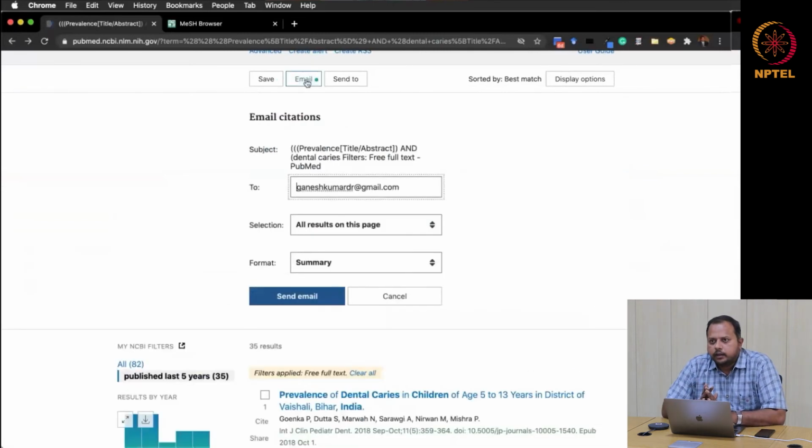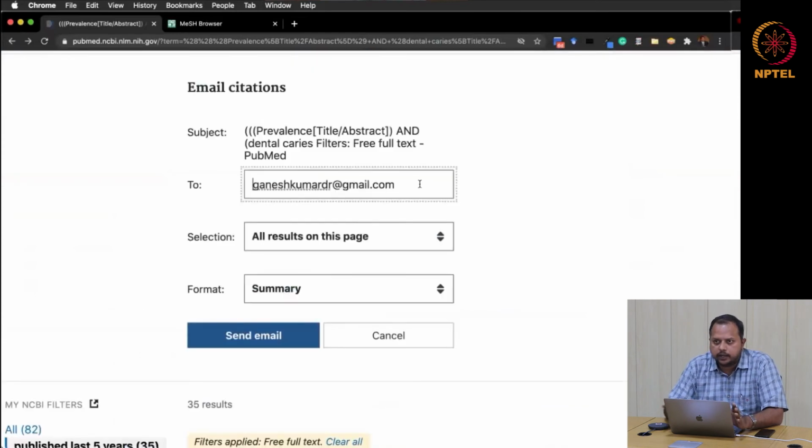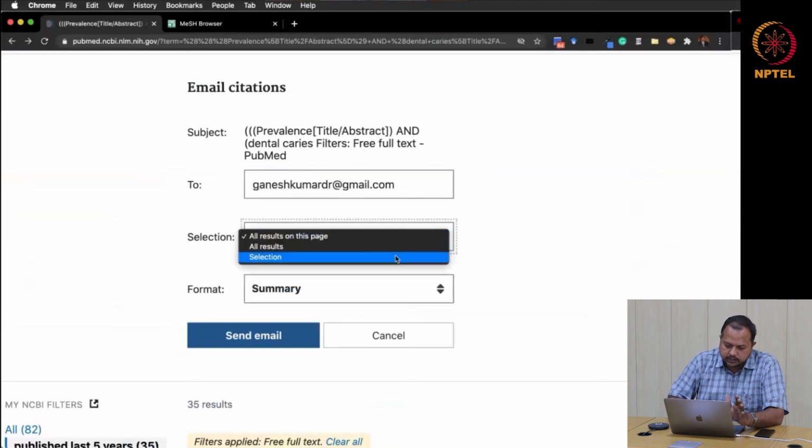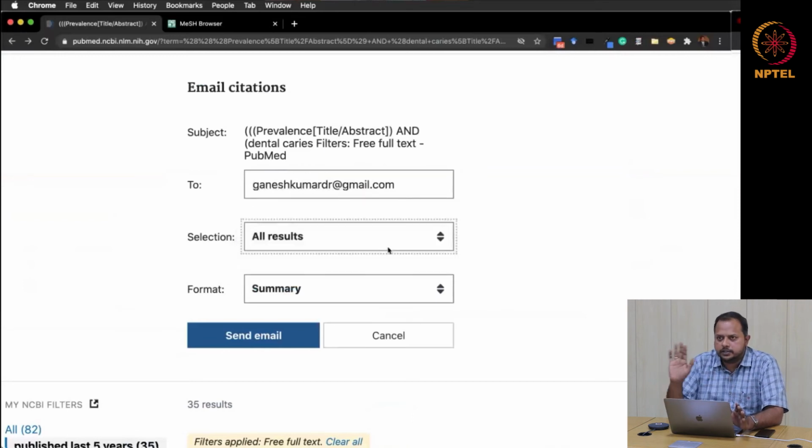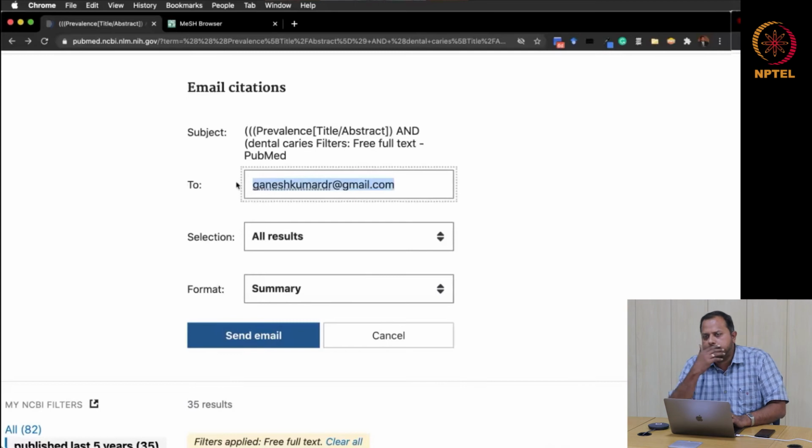Now you can see that this entire search, all the results on this page, will show all the results, which is 35 articles, to your email ID. You can type your friend's email ID, your guide's email ID, your supervisor's email ID. Hey, please see this particular search. These are all the articles which I have obtained from the search I did recently on these terms, prevalence of dental caries in children.